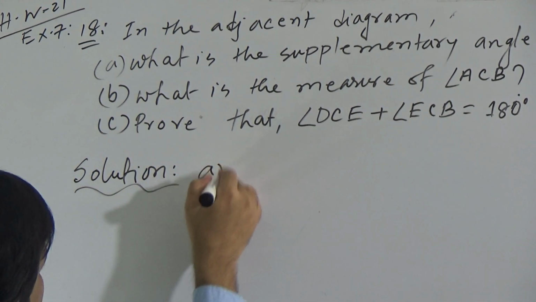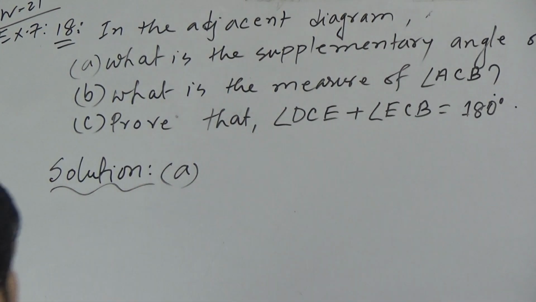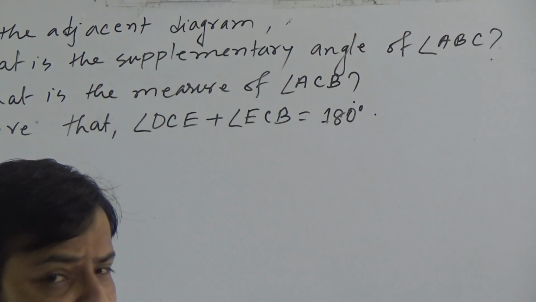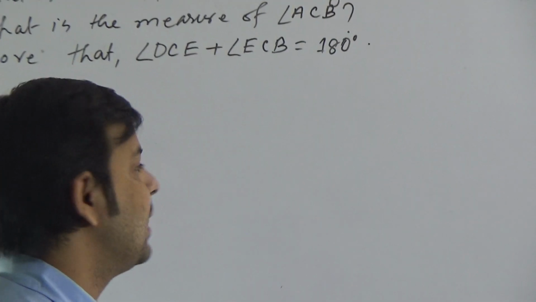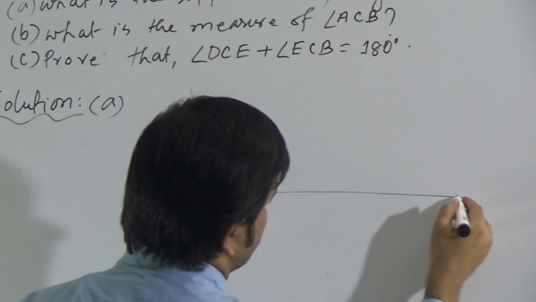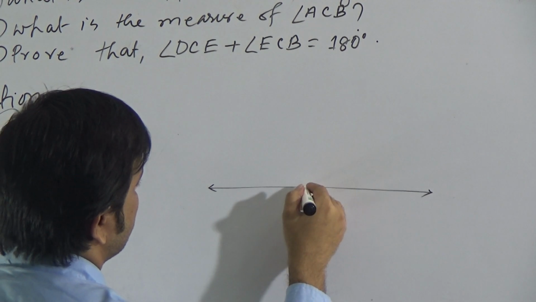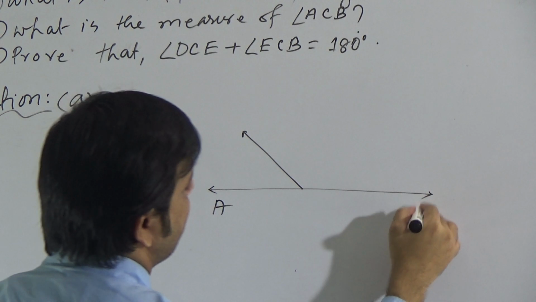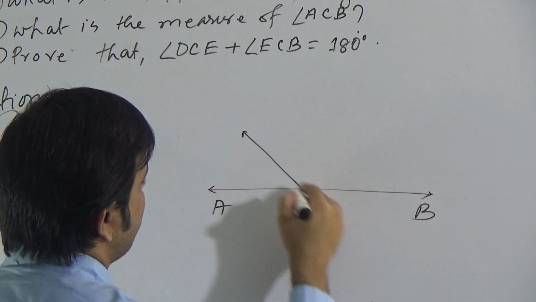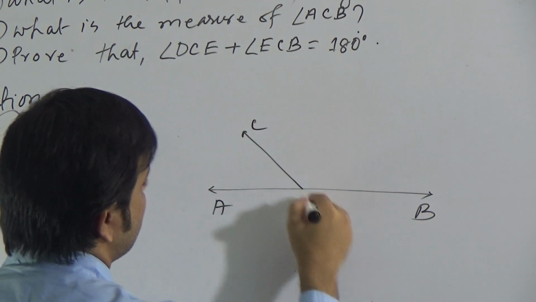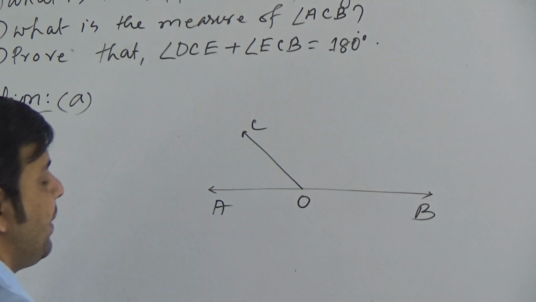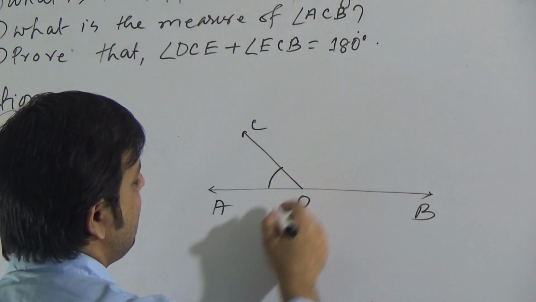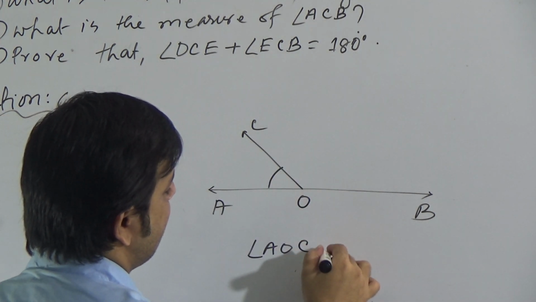First question A. Question A is, what is the supplementary angle of angle ABC? Dear students, you know what is supplementary angle. Suppose this is a straight line. If any ray meets the straight line, suppose AB is a straight line, and if any ray OC meets the straight line AB at O, then two angles produced. One is angle AOC, another is angle